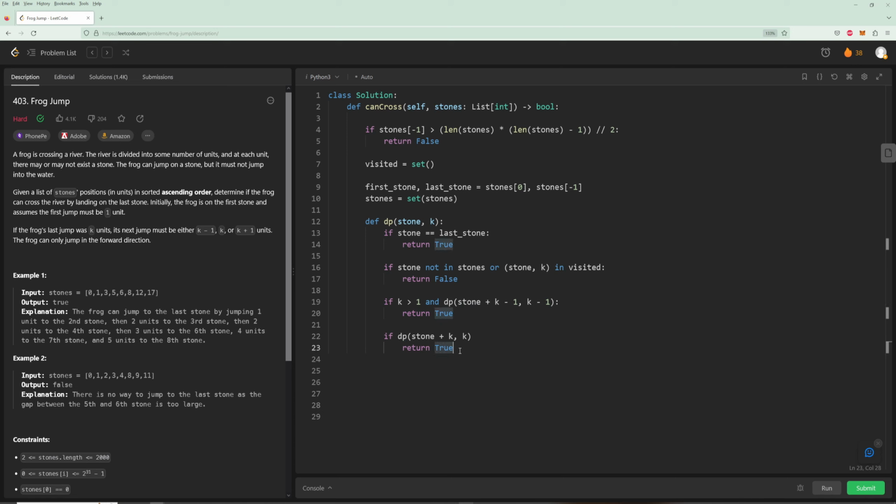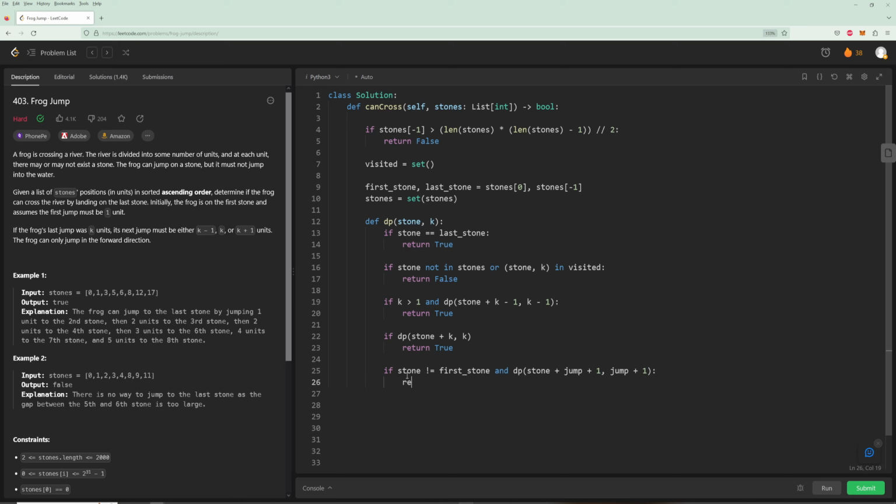But now we have to make sure in our last case that the stone we're on isn't the first stone, because from the first stone you can only jump 1. So you don't want to jump 1 plus anything, you don't want to jump 1 minus anything. This is already excluded because of this, and so now we need to check for the plus case. So we just need to say if stone does not equal the first stone, because from the first stone you're only allowed to jump k length, and dp stone plus jump plus 1,